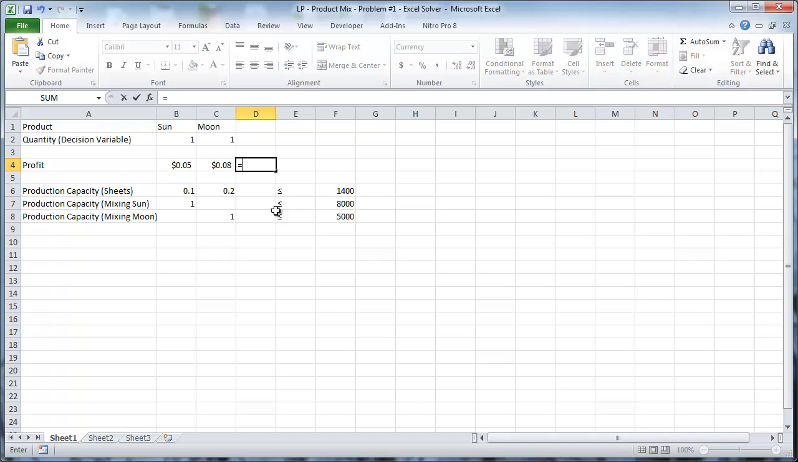This is equal to sum product, open a parentheses, highlight the quantities, and at this point I hit the F4 key. Now on a PC, the F4 key inserts the $ before the B and the 2 and the C and the 2. And what that makes it do is that when I copy the formula later, which I'm going to do,